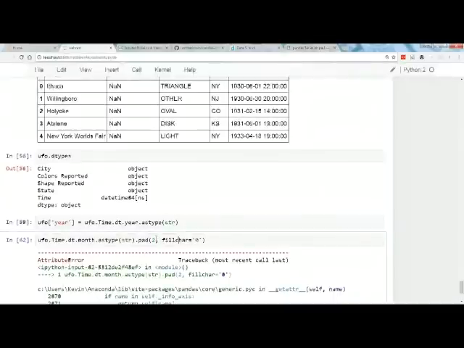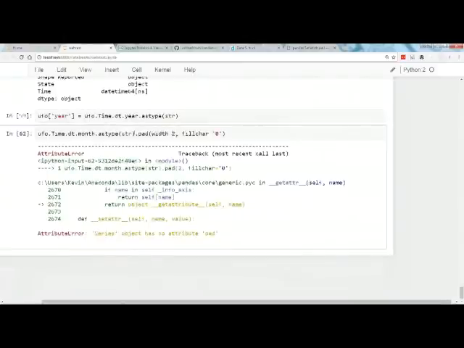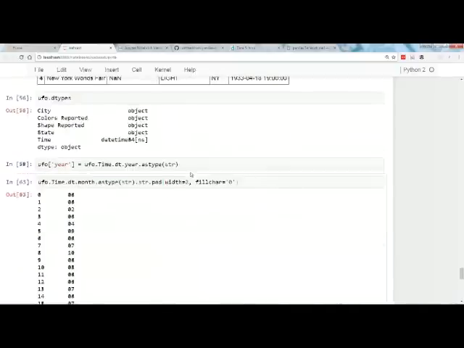Dot pad. All right. Width equals 2, fill char equals 0. Series object. Oh, okay, this is a string method. Now I got it. Here's what I did.